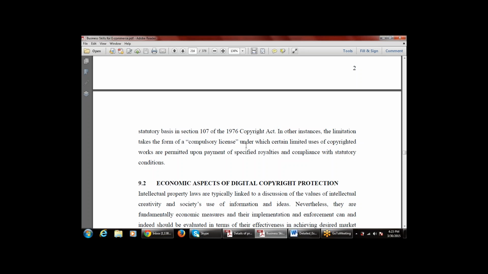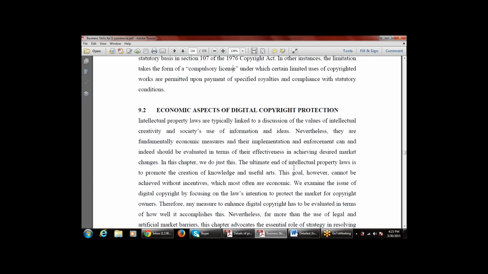Then what are the economic aspects of digital copyright protection? Intellectual property laws are typically linked to a discussion of the values of intellectual creativity and society's use of information and ideas. So whenever we use intellectual property laws, they are linked to the values of creativity and society's use of information and ideas. Nevertheless,